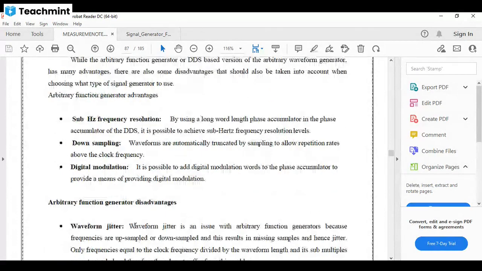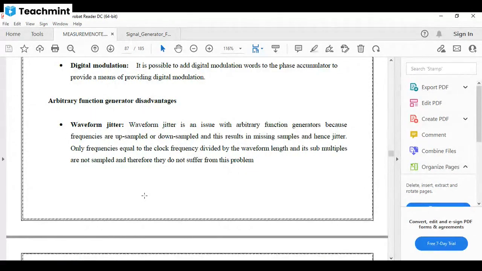The disadvantage is waveform jitter. Waveform jitter is an issue with the arbitrary function generator because the frequency is upsampled or downsampled, and this results in missing pulses. Hence, jitter means that due to upsampling or downsampling, some pulses go missing, so we do not get the exact waveform, and this is called jitter. Only the frequency equal to the clock frequency divided by the waveform length, and its sub-multiples, are not